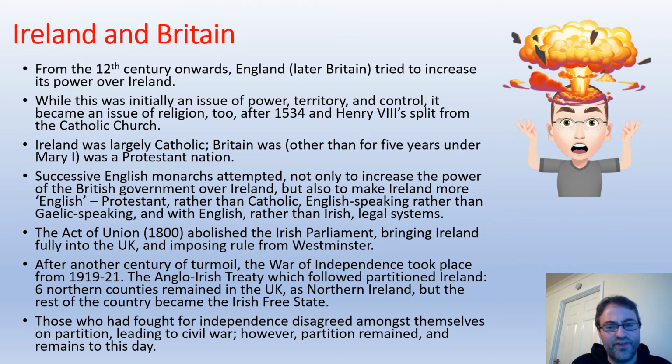Now, the 19th century is one of real turmoil in all sorts of ways in Ireland. What we eventually end up with as we move into the 20th century is something called the Anglo-Irish War, the War of Independence, between 1919 and 1921. And the rebels who are fighting for independence are ultimately pretty successful in that war. What happens after that war is a treaty signed, the Anglo-Irish Treaty, and it partitions Ireland.